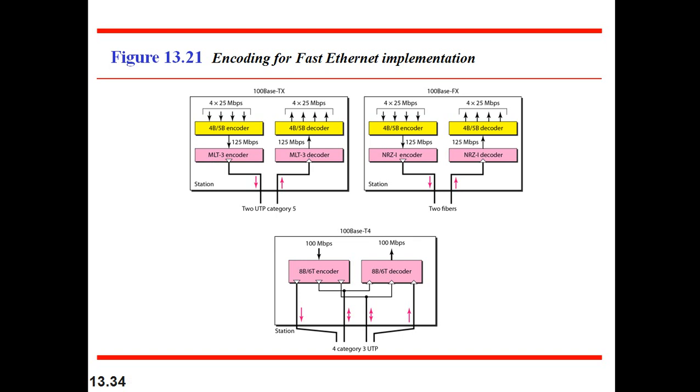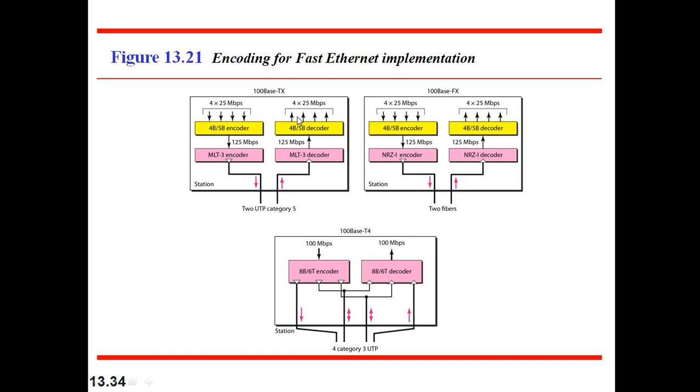This encoder has a certain problem, that is, a bit synchronization problem. If you have a long stream of zeros or a long stream of ones, we face a problem with bit synchronization. Just to overcome that, we are using a 4B/5B encoder here. Because of this 4B/5B encoder, we receive a data rate of around 125 Mbps. This data in turn is fed through the MLT-3 encoder, so that we are able to achieve 100 Mbps of data rate.